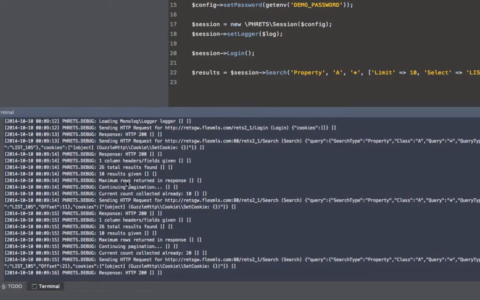Because this is a PHRETS compliant server, it provided back an indication that even though it had given us 10 rows and stopped giving us rows at 10, there were additional rows for us to retrieve. And so the strategy within PHRETS is that it was going to continue pagination based on the preference that we had set. And so it indicates that here. In this case, it's showing that it has currently collected 10 records, and it issues the appropriate follow-up request back to the server with a new offset value, given here as offset 11,